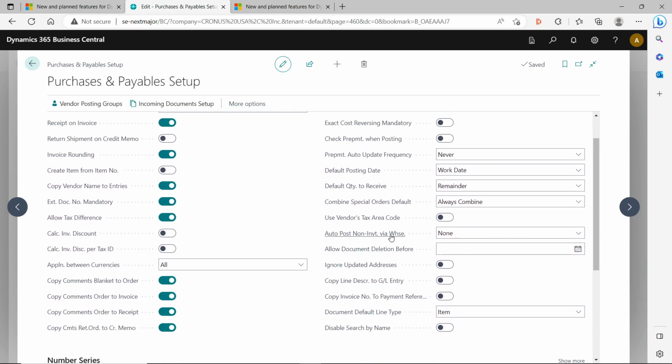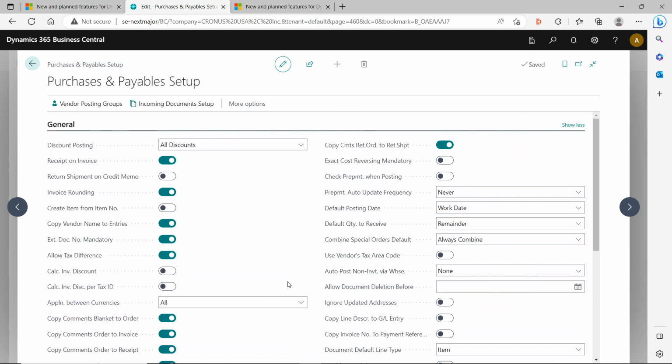Let me just find that auto post non-inventory items while warehouse. So then you have three options here. One is none. It means you don't auto post, and you have attached or assigned. If you select this option, then the non-inventory items, as long as they're attached to the inventory item line, then